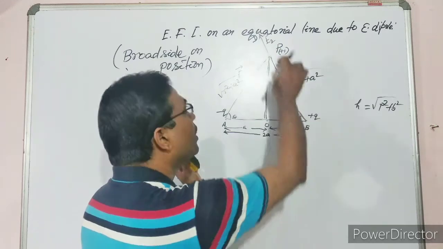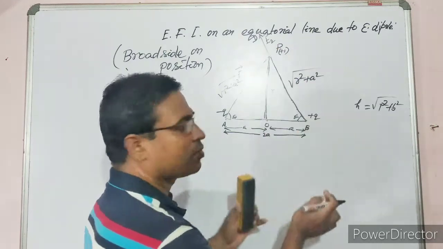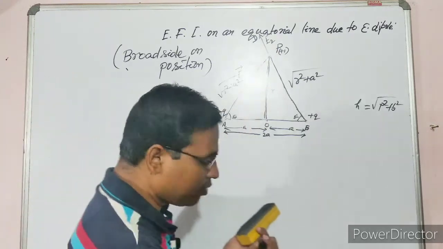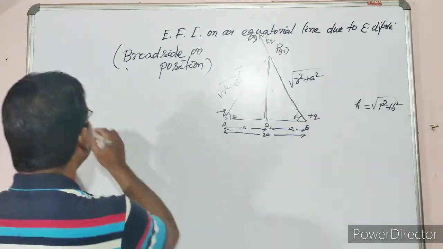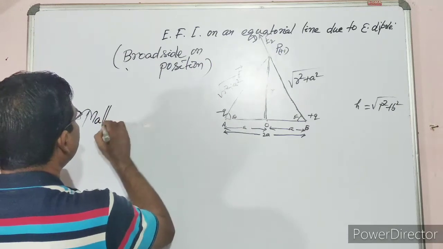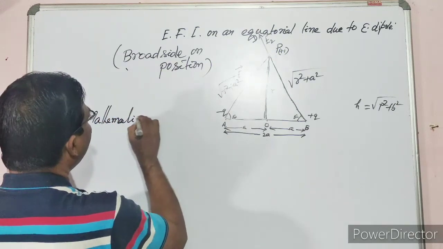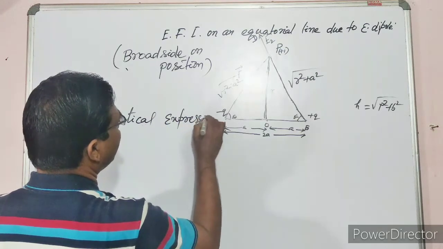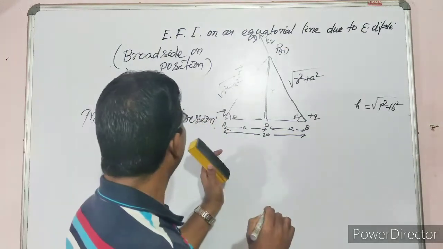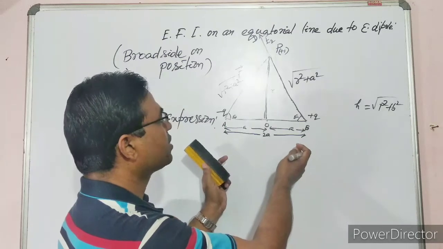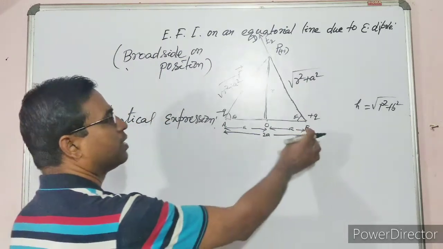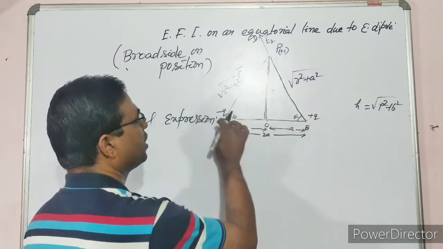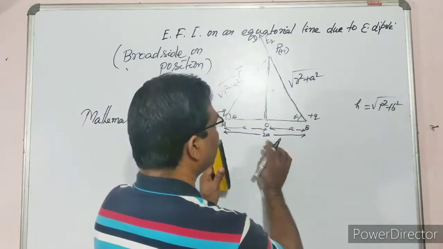The electric field formed due to this charge is the same. Suppose here it is E1. Before writing this, how can you write the mathematical expression? What you have already written for the axial line, you will write the same thing. Consider an electric dipole that consists of two equal and opposite charges, minus Q and plus Q,